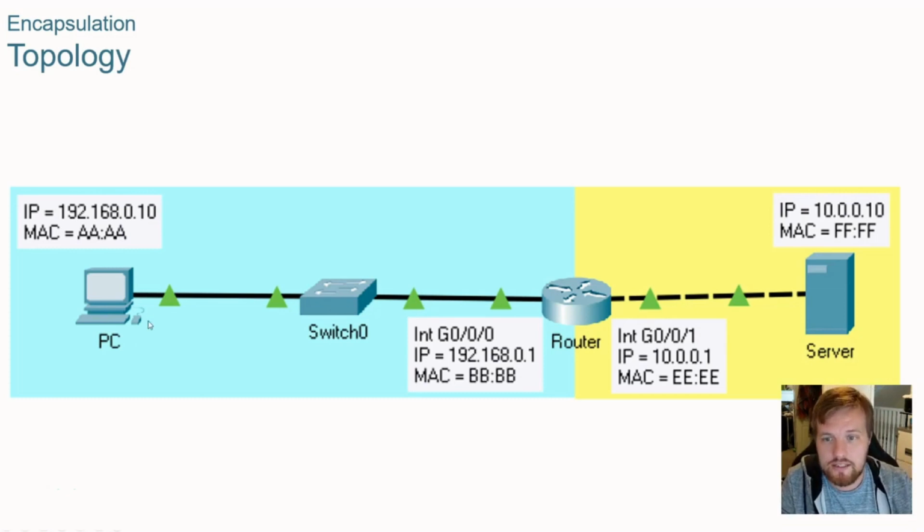Okay, we're then going to see that entire bitstream arrive at the switch, and we'll look at what the switch does with that information before then sending it onto the router. It'll be received by the router's gig00 interface, which is this one right here in the blue side, which has its own IP address of 192.168.0.1 with a MAC address of BB. We'll see what the router does when it receives that and how it ends up deciding to send it onto this interface, which is interface gig001 with an IP address of 10.0.0.1 and a MAC address of EE